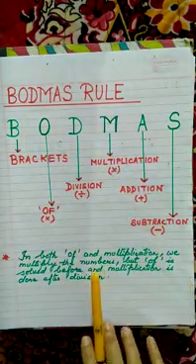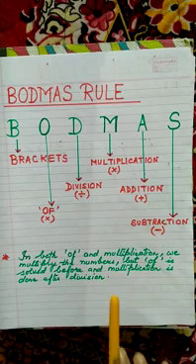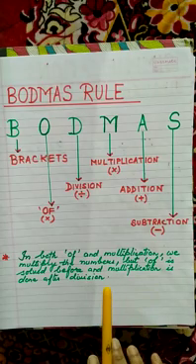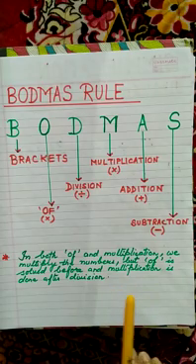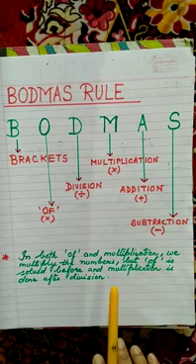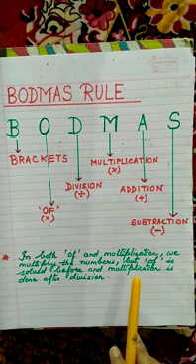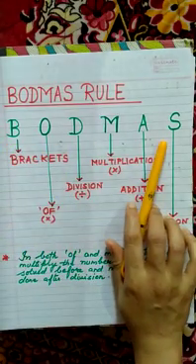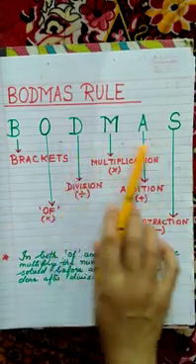When we have a complex question which is a combination of addition, subtraction, multiplication and division, we follow a particular order to simplify the sum. This process is termed as simplification through BODMAS. Now let's see what is BODMAS.